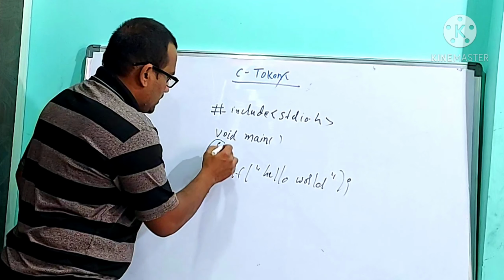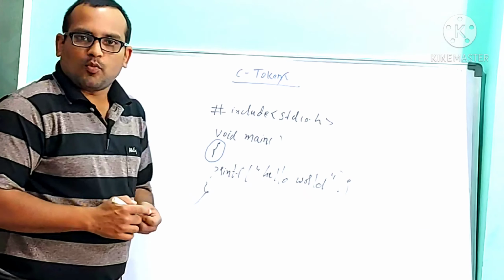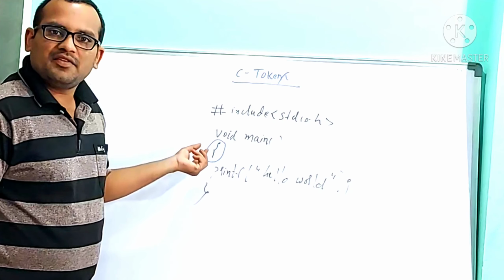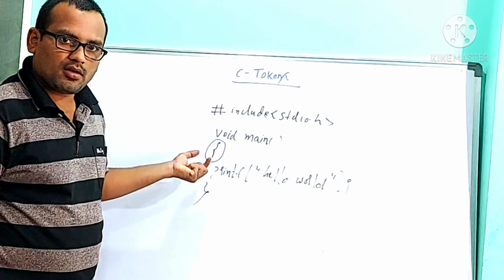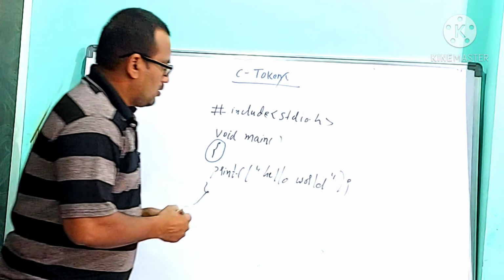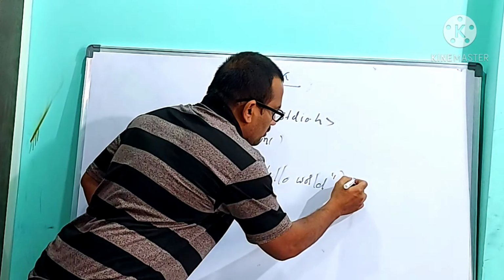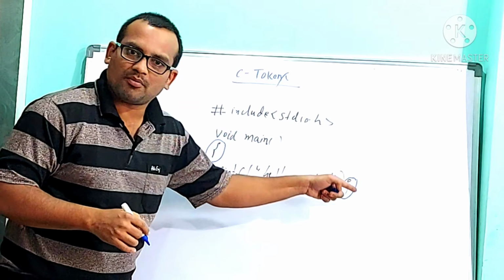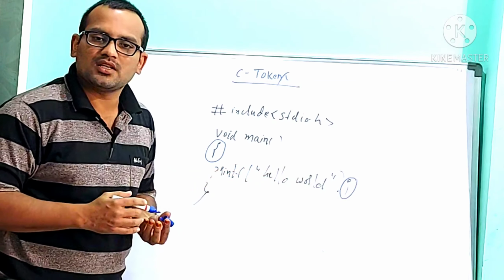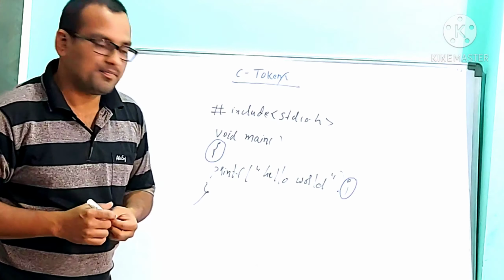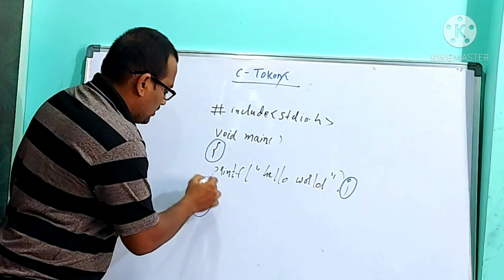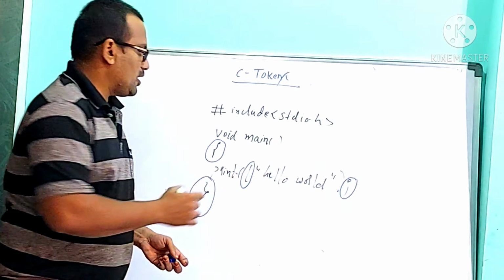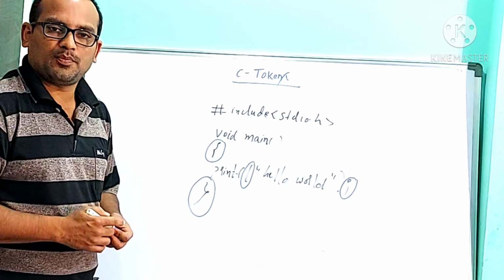Open curly brace is the smallest part of this program, correct or not? It is also called an individual unit of this program. Yes. Semicolon is an individual unit, the smallest part of this program. Smallest means which cannot be divided further. Closed curly brace is the smallest part of this program. Open parenthesis is the smallest individual unit of a C program.